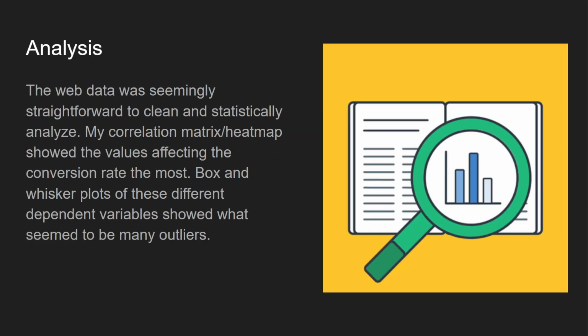So for my analysis, the web data was seemingly straightforward to clean and statistically analyze. It wasn't too difficult. I didn't really go too hard on the final project. But my correlation matrix and heat maps showed which values affected the conversion rate the most. The box and whisker plots for these different dependent variables showed what seemed to be many outliers. So I brought up a bunch of plots for the values that were highly correlated to the conversion rate, and I looked at them with box and whisker plots,